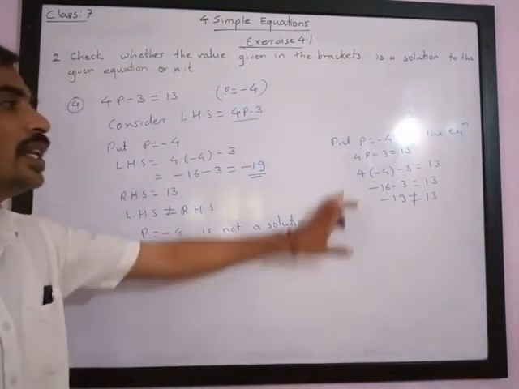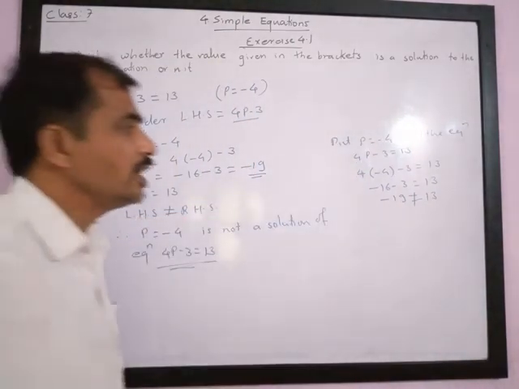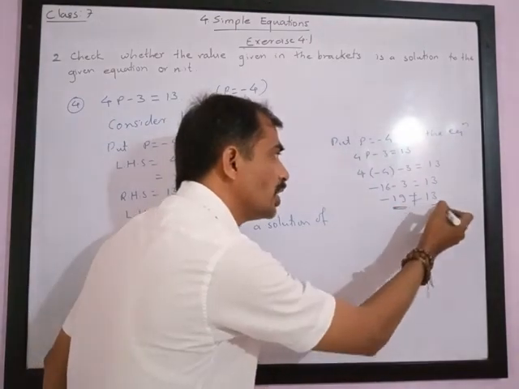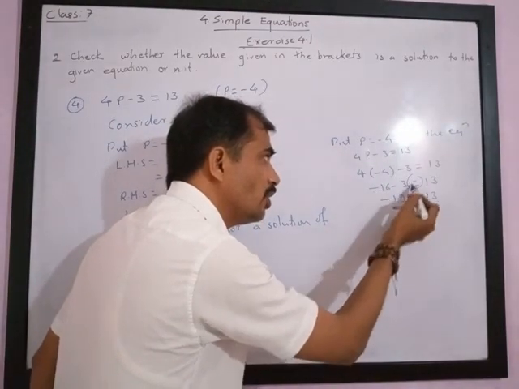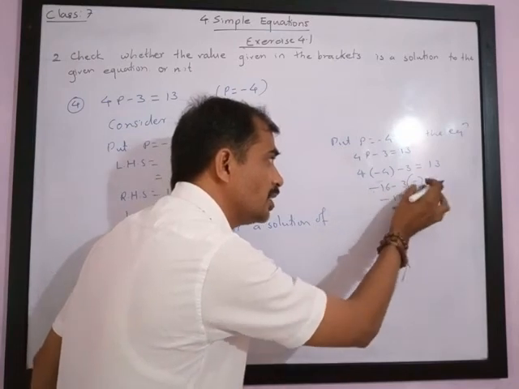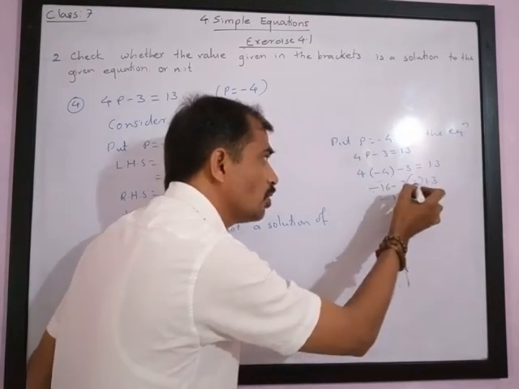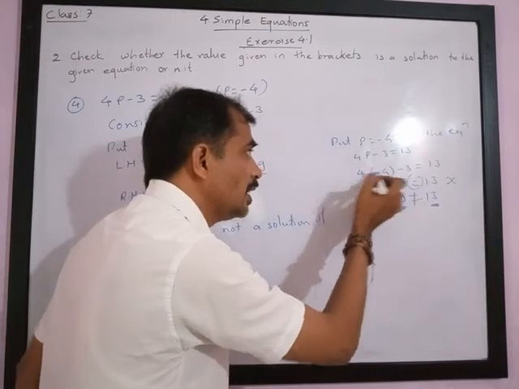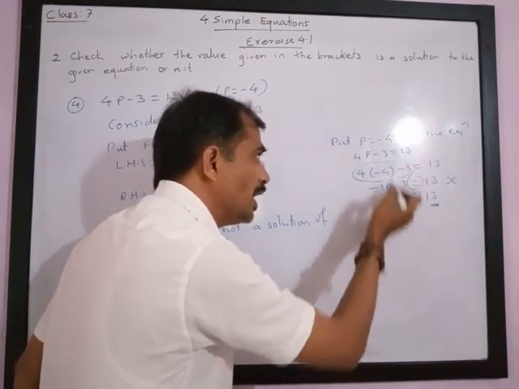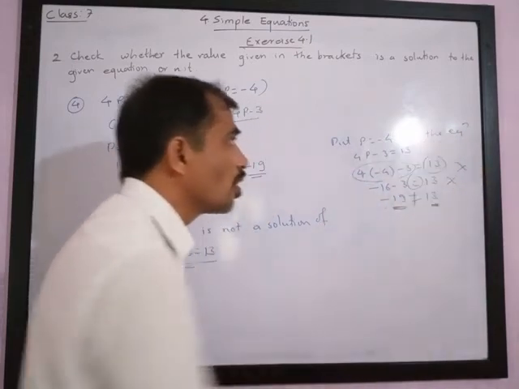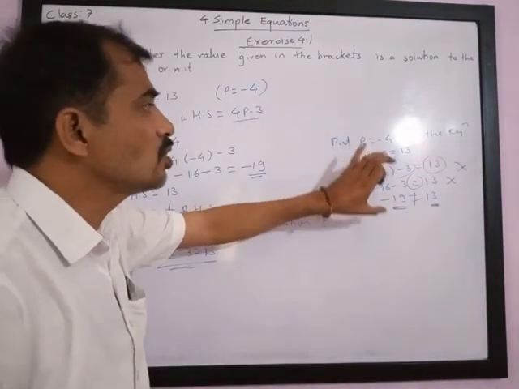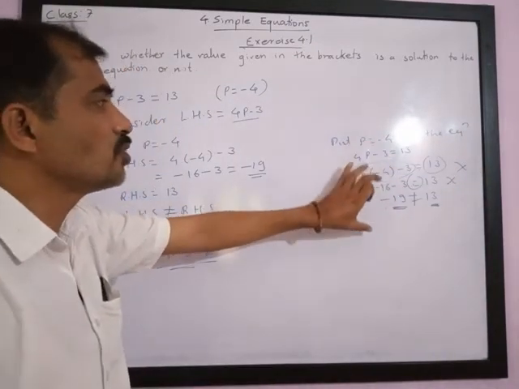Please note, here there is a mathematical mistake. You have written negative 19 is not equal to negative 13, but here you have written this is also negative 19 only. Please note, negative 19 is equal to negative 13. So this equal to sign is wrong here. Then this answer, if you solve, this will also be negative 19. You have written here negative 19 is equal to 13. This is also wrong. So this is not the proper way of solving the answer.